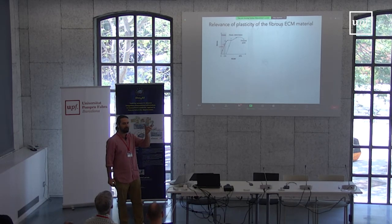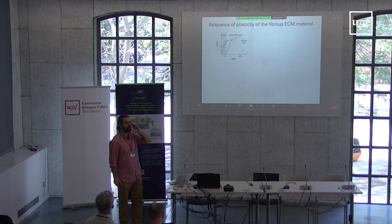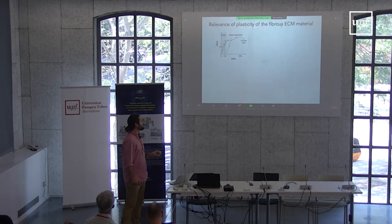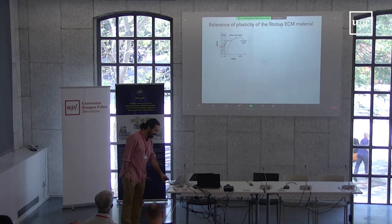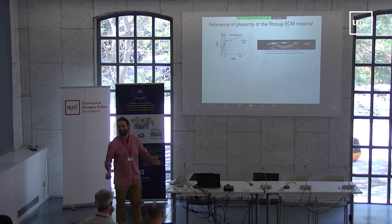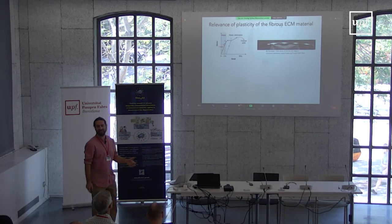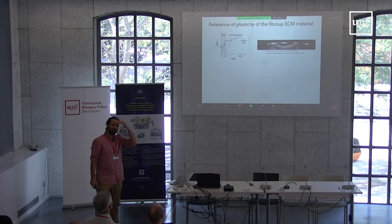We are doing many analogies with this plasticity in our fibrous ECM. And we are also looking at residual stress. It's an important feature of plastic material. Residual stress is, again, with an example of metals, I didn't find a better analogy than a katana. This is a steel, Japanese